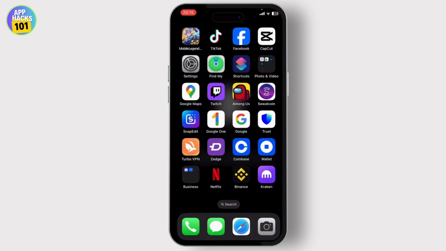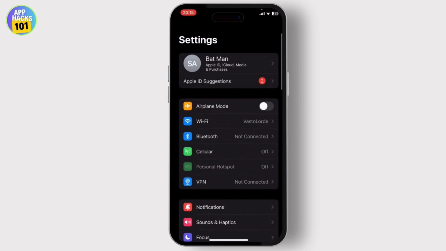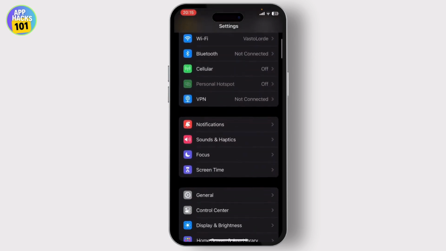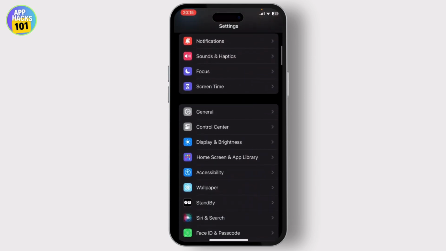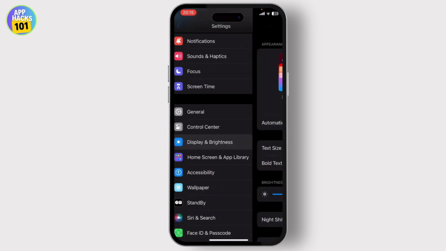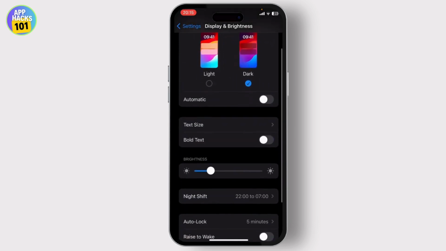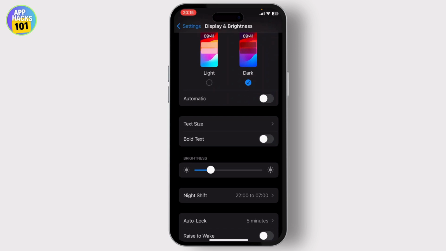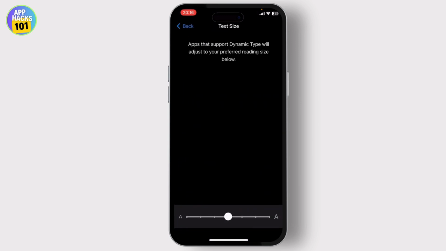Now let's get started. So the first thing you'll want to do is open up your settings. Now after you open your settings, scroll down till you see display and brightness option. Tap on it and there you will see different options like text size and bold text. Now if you want to increase the text size, just tap on increase text size and you'll be able to